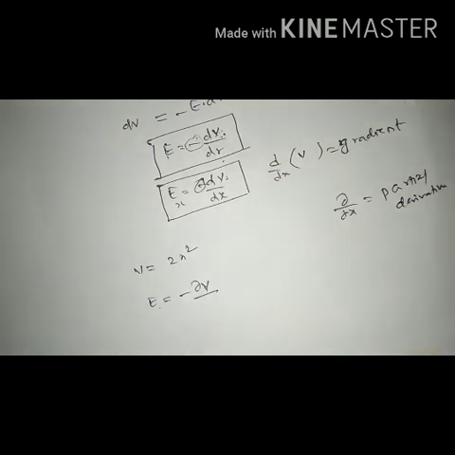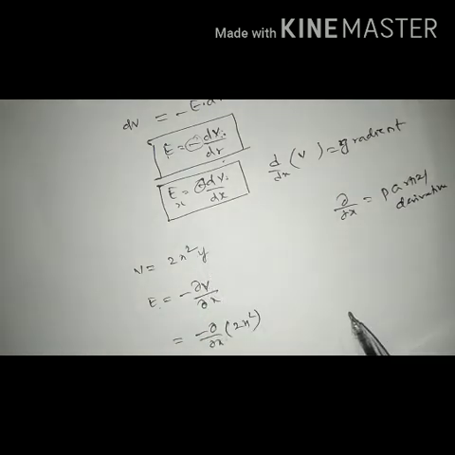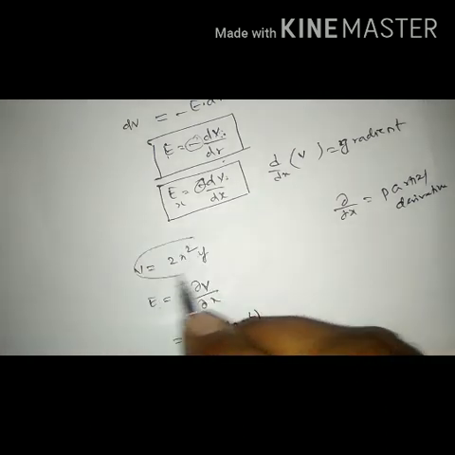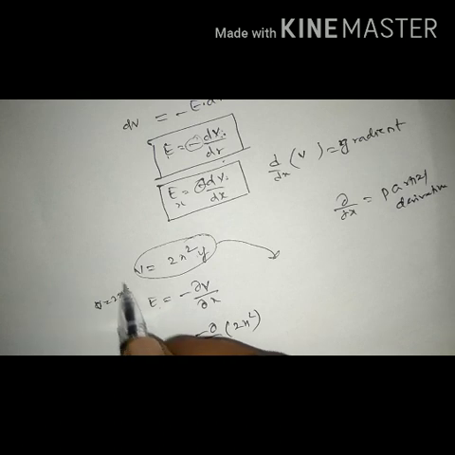Here only x square term is there. Dou V by dou x. So you can write dou by dou x, just a normal derivative you can take. So here 2 into 2, 4x, minus 4x is the answer. For example, here if you add 2x square y, I am considering this as a second example, not first example. V is equal to 2x square is the first.